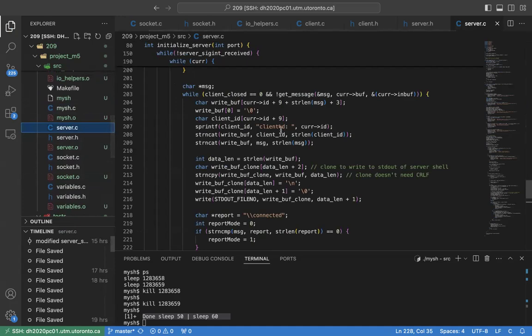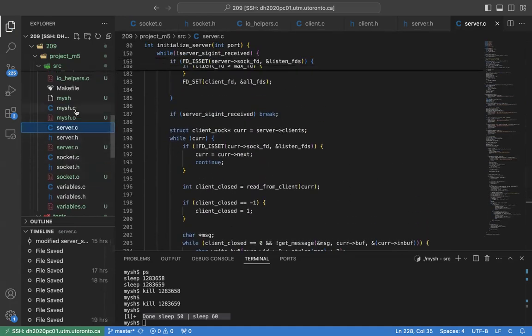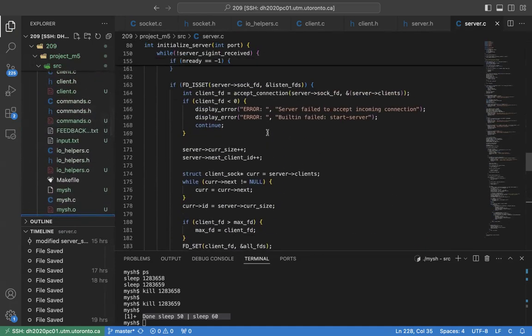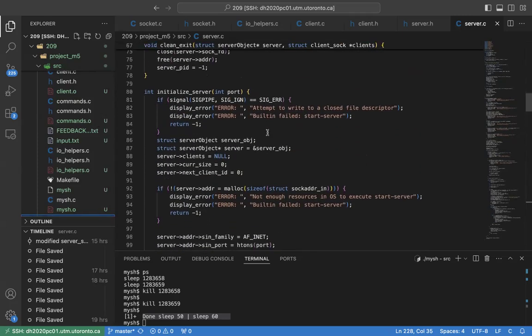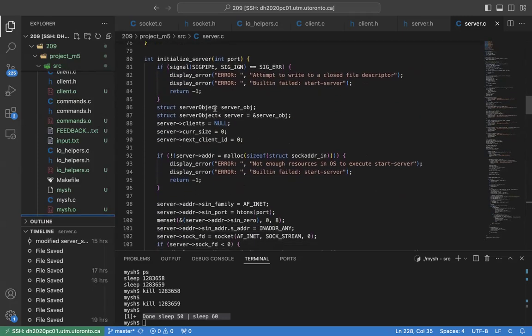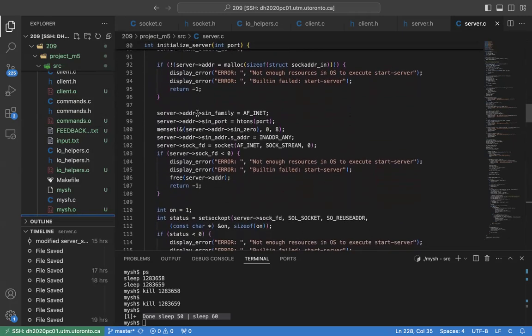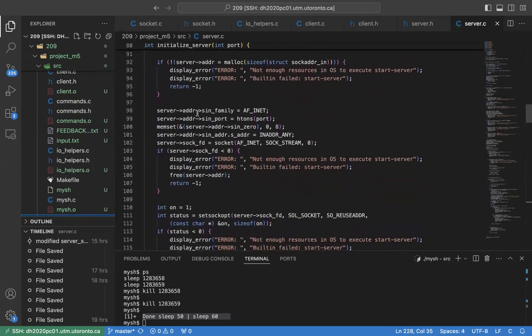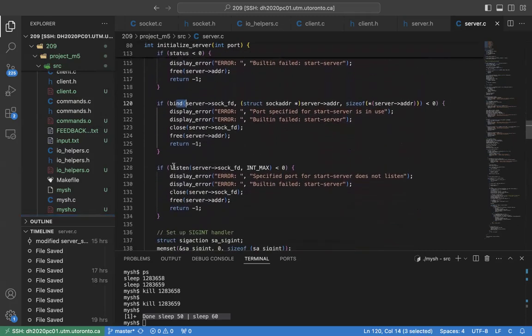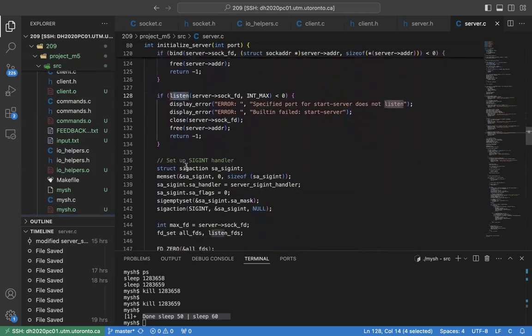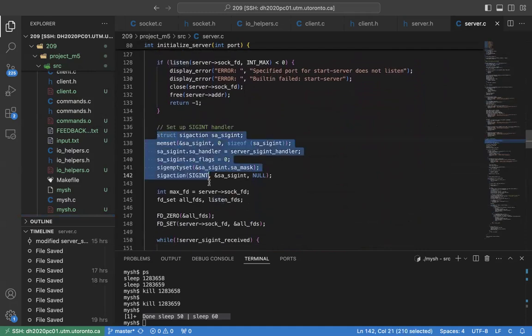So I have server side and client side. Both have the boilerplate code to set up the connections. As you can see here, this is the server creating a socket, binding, and then listening for incoming connections, and setting up the signal handler here for the server because I want to run the server in the